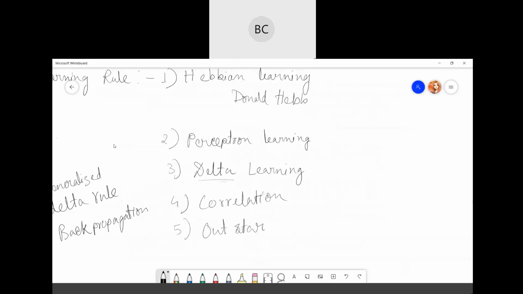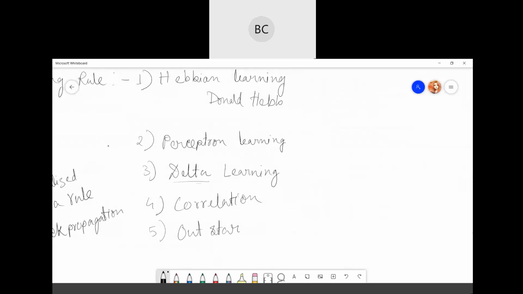In perceptron learning, the main weight update is done like this: weight new will be weight old plus t times x, where x is your input and t is your target.